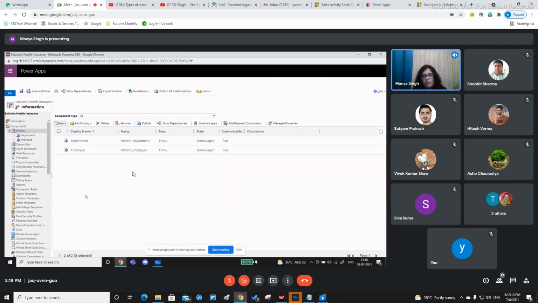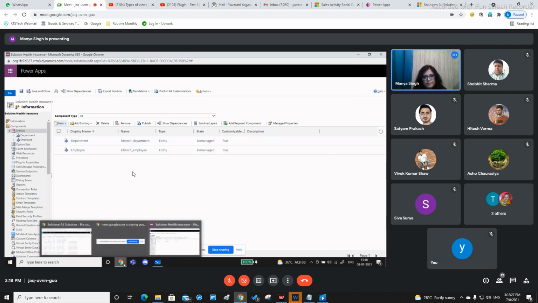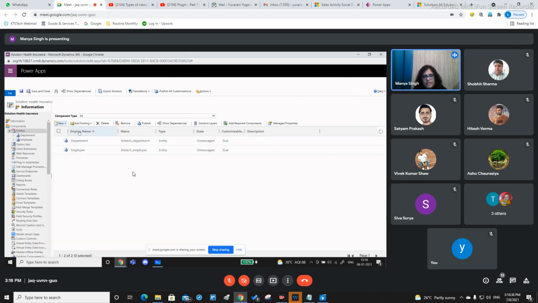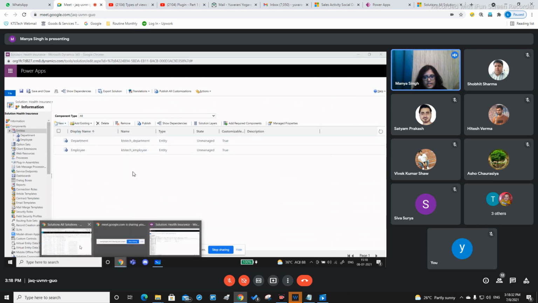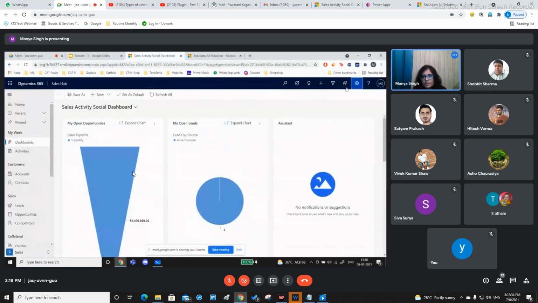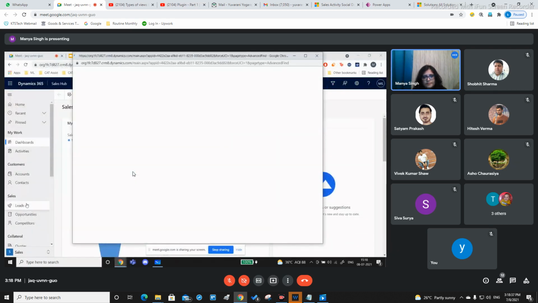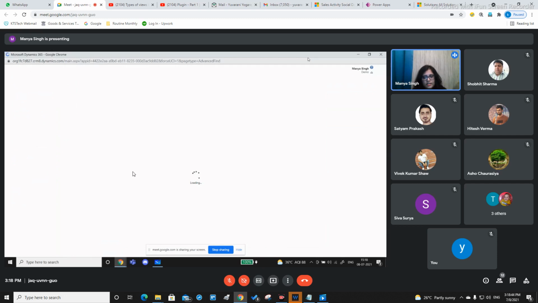Now what I want to do is every time I open up my employee form or every time I'm trying to create a new employee or add a new employee to my system, I also want to define their department. So for defining that department, we'll be using a lookup field. But right now we don't have any data in our department. So let us quickly move on to the front end part. Go to advanced find and look for department and create few records in our department group.